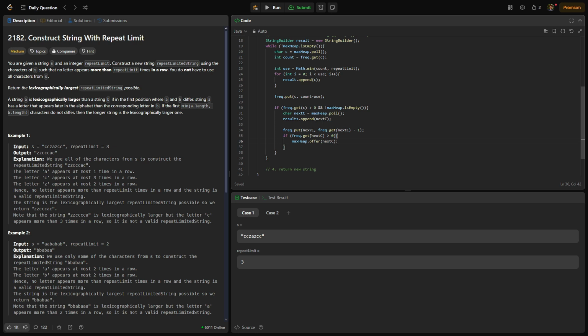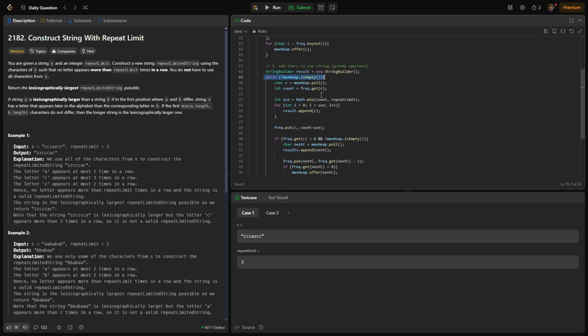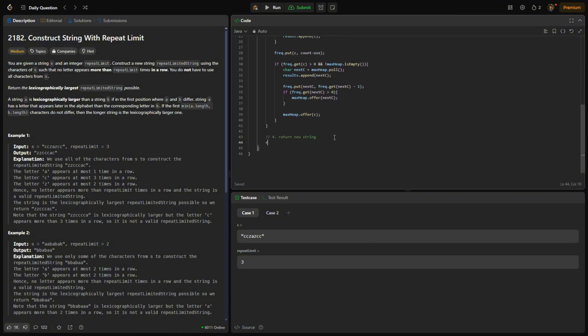This will allow us to ensure that the character gets popped out of the heap. We use it a single time, and then we put it back into the heap while maintaining however many uses are left. After that, we can simply maxHeap.offer our C back into the heap. So that way, when we go back up here to the beginning of the while loop again, we will repop that character as it is still containing a use count, and then we will use it again. And that's it. We can then simply return our result.toString. And that's it. So if we run this,